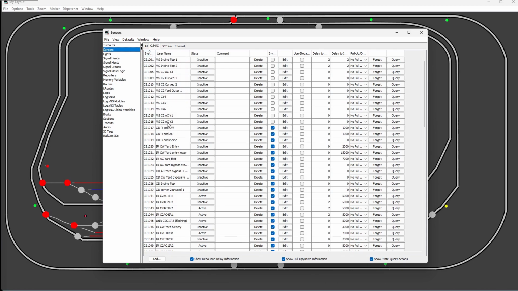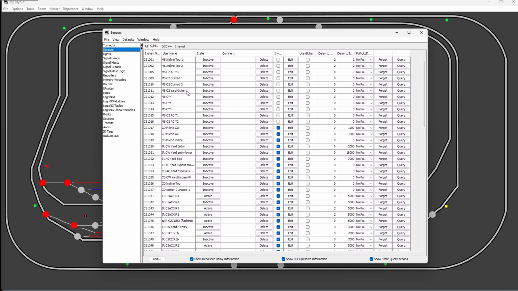So then I start looking at these sensors, and there are 2 useful bits of information here really if I'm going to start producing a corresponding sensor table in my sketch. I've got their IDs, which are just the numeric values here, 1001, 1002. I've got their username, and I've also got, for a lot of them, whether they're inverted. I've always been lazy and inverted them in JMRI, but I might take the opportunity to set the inversion as soon as the pin's read, and so all these buttons are unticked, but I'll cross that bridge when I come to it. So this is the first area where I'm going to get useful information from,